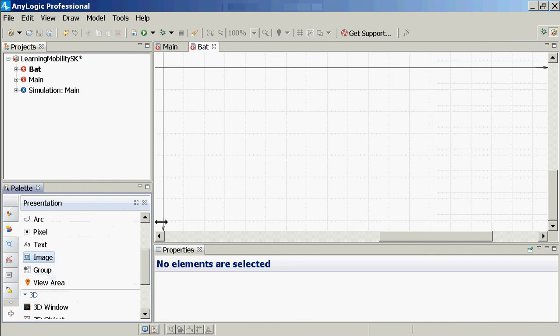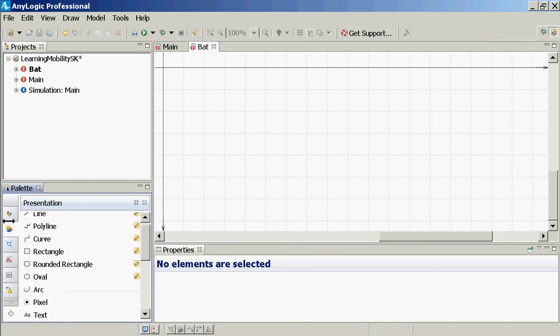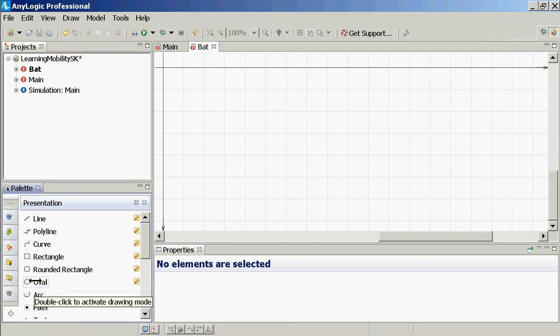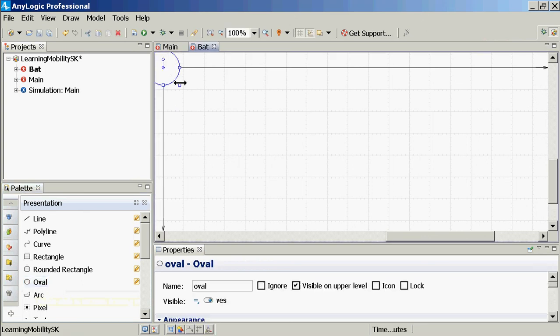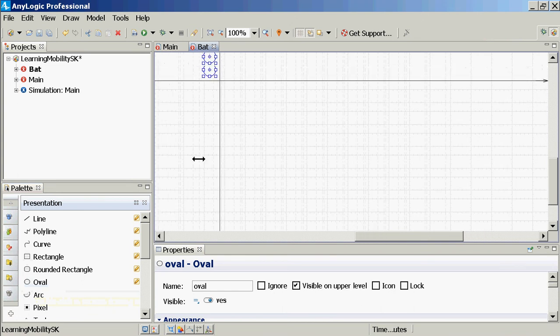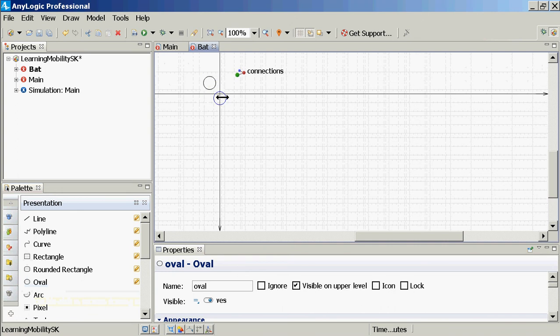Okay, that's great. But for now, maybe what we'll do is, in deference to our bats, I think we'll put in a circle. So imagine a circular bat. And we're going to put that in to represent the bat. We can replace it later with something more textured. And some people might even want to draw a bat with a polyline. Okay, so folks, having lent this an appearance, although one that's most unbat-like,